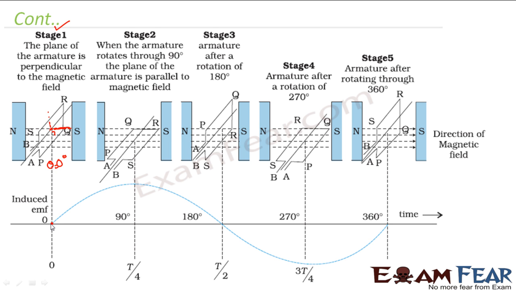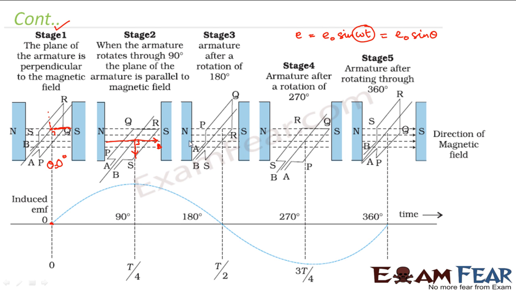So for theta equal to 0, your induced EMF is what? Induced EMF E is equal to E naught sine omega t. So if omega t is 0, that is equal to E naught sine theta. So if theta is 0, your E is 0. Now in the next stage, this coil gets rotated by 90 degree. So once you rotate it by 90 degree, it will be in this position. That means your theta is equal to 90 degree because this is the angle of B and this is the normal to the area vector. So this is 90 degree, right?